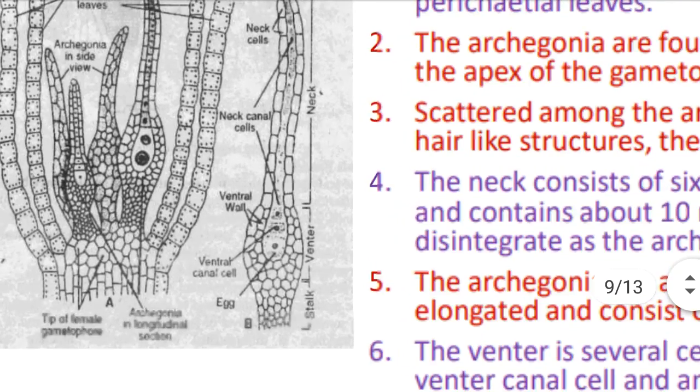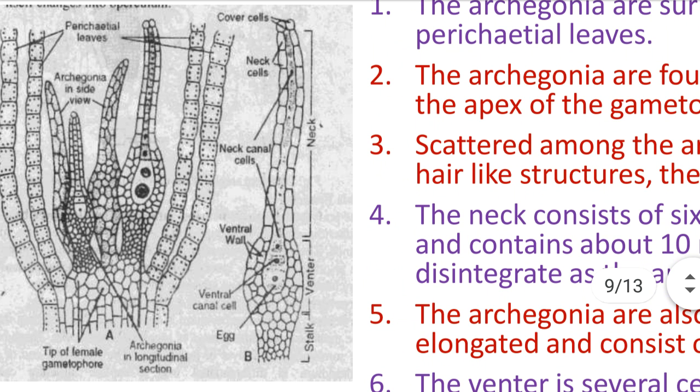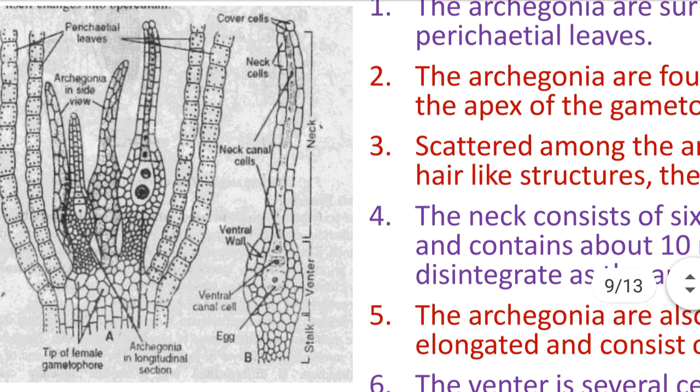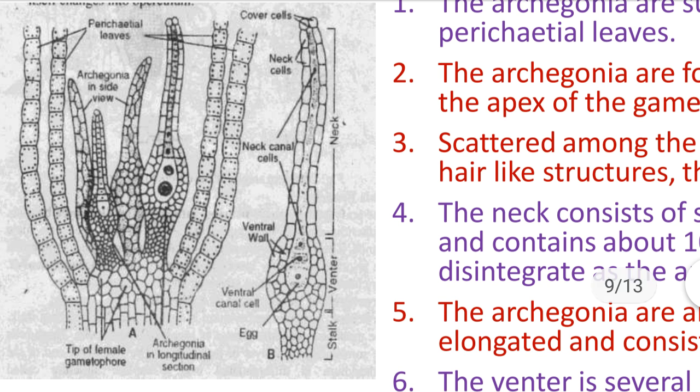See the matured or enlarged structure, the matured archegonium, in the B diagram. The basal stalk is there, then the flask-shaped venter, and at the tip the neck. The mouth of the archegonium is covered by cover cells, the neck contains neck canal cells, and the venter contains venter canal cells. At the base of the venter there is a prominent egg having a single haploid female nucleus. Okay,